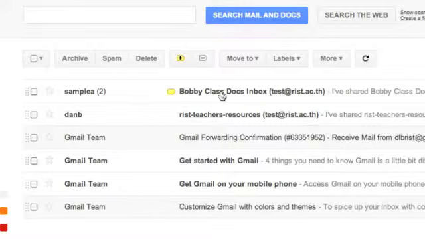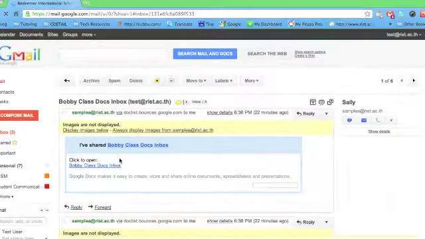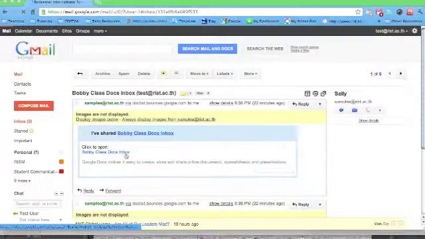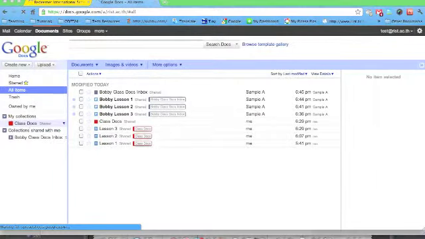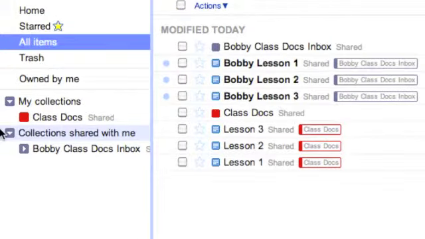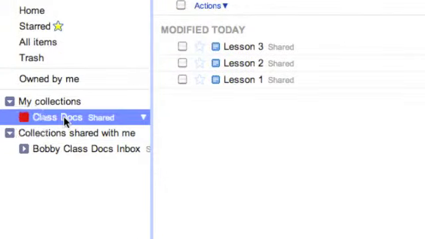Now you'll see when we go into the Gmail that we get an email notifying us that Bobby shared a collection with us. So we can click on that collection. It's going to take us to our Google Docs because that's where the collection is located. And it'll take us right to the collection, and it's placed under collection shared with me. And now you'll see in all items